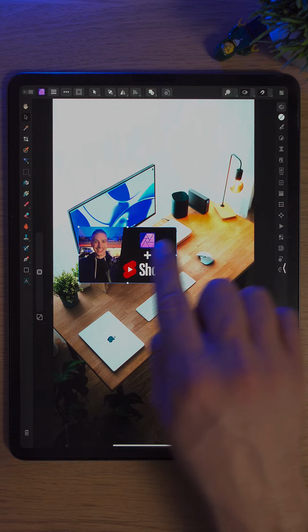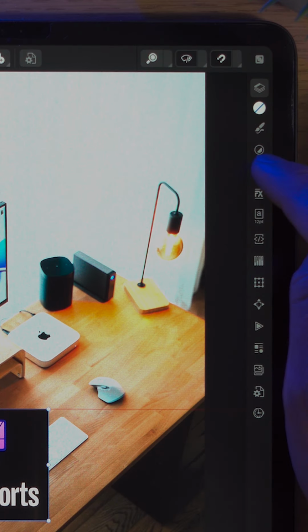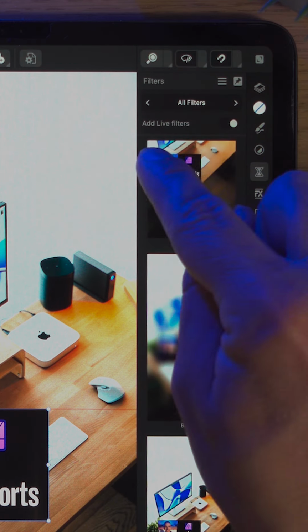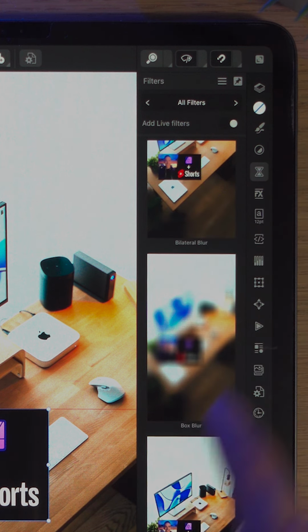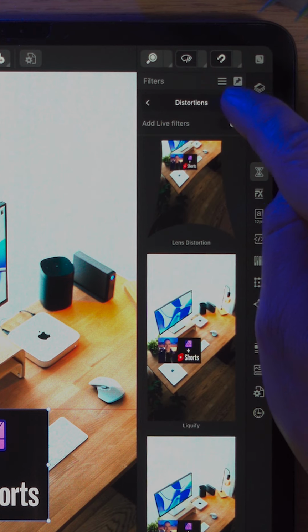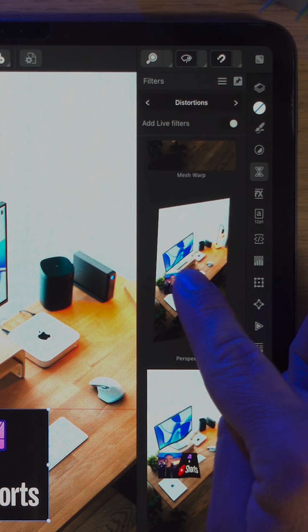I'm just going to swipe that away. If I click in the Layer Studio on the right hand side, if I click this button, which is Add Live Filters, that means I can make changes to whatever I do in this layer. And another time, I'm going to move over from blurs, distortions, go down to perspective, and if I simply click